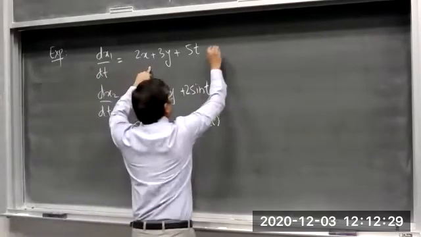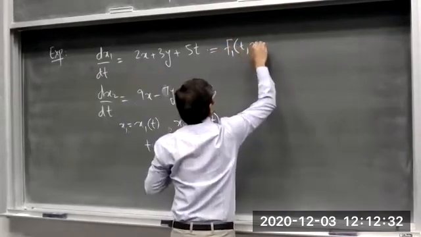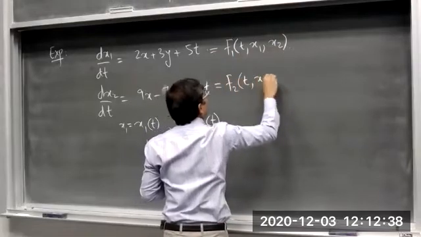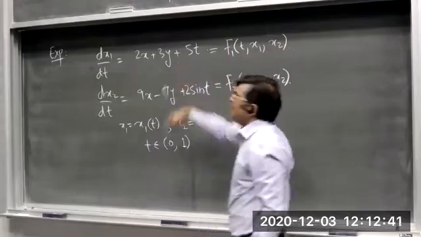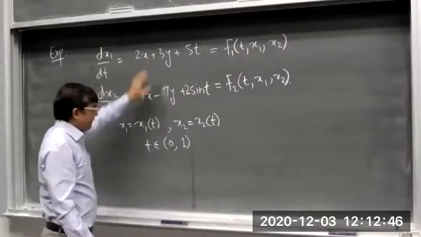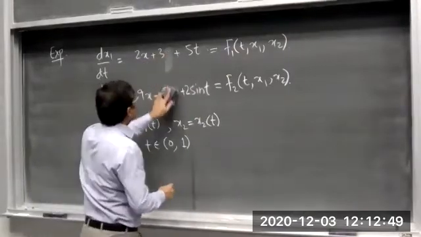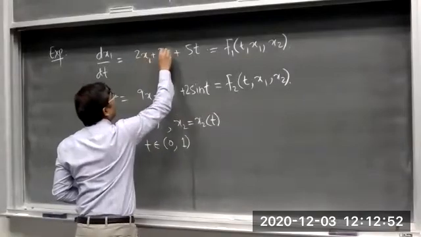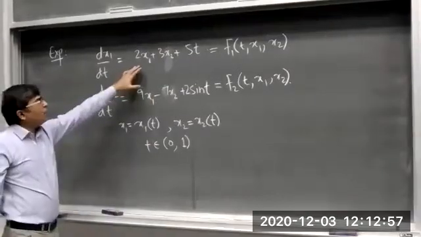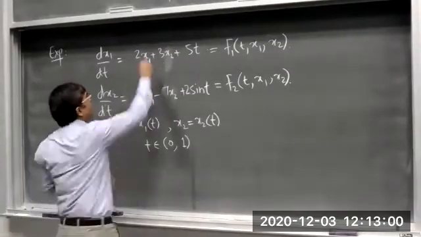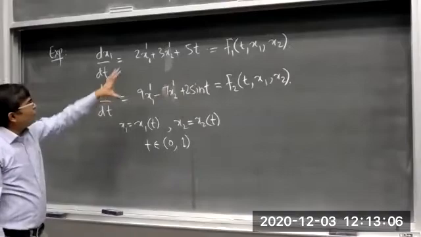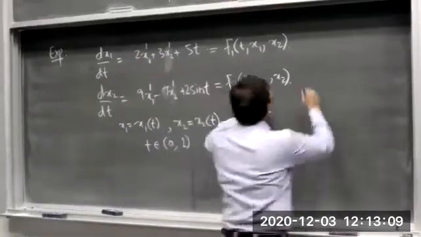Now you can see that this is a function f1 of t, x1, x2, and this is a function f2 of t, x1 and x2. Sorry, I have to write here x1 and x2. So this is x1, this is 3x2 and 7x2. Here we have 9x1. So now you can see that x1 and x2 are linear. They have only power 1. Here we have power 1, power 1. So the right hand side, meaning f1 and f2, they are